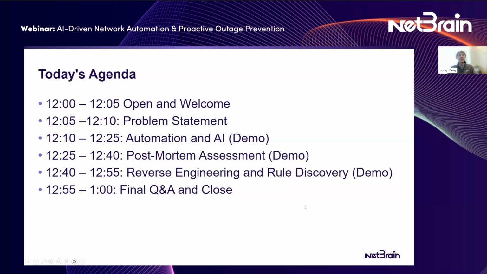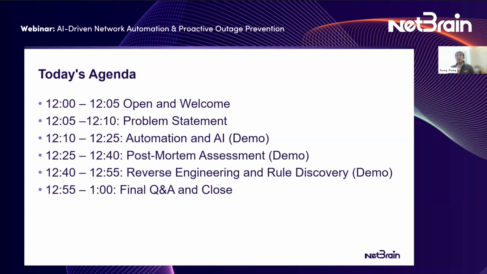Just a very quick agenda. First, what type of problem did we actually want to solve with this new version? Then we're going to dive into three particular aspects. First, we're excited to unveil our vision for how automation and AI can help our customers and prospects today. Second, we want to introduce a bold concept called post-mortem assessment. We're all familiar with post-mortems, but can we turn that into automation and potentially prevent existing outages from coming back? That's the goal of the second portion.